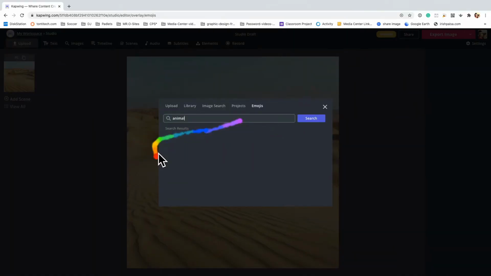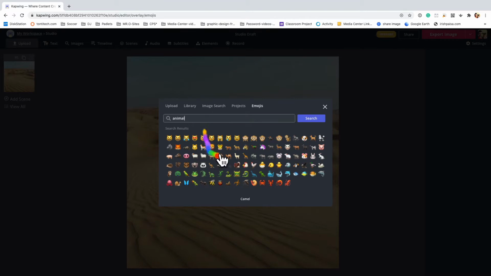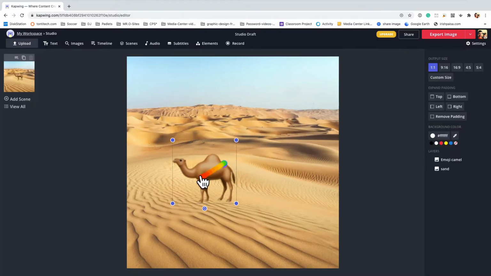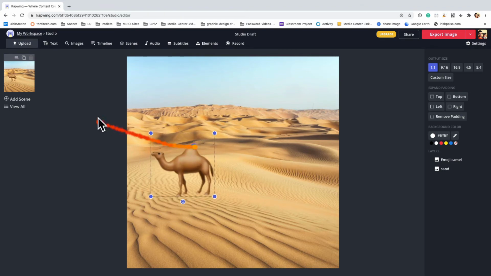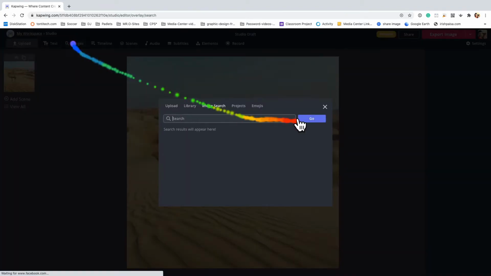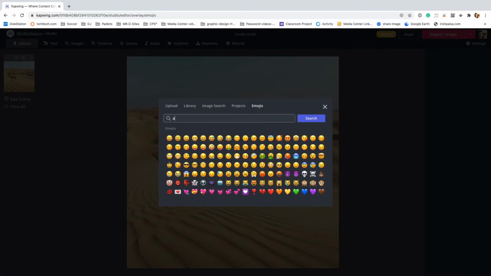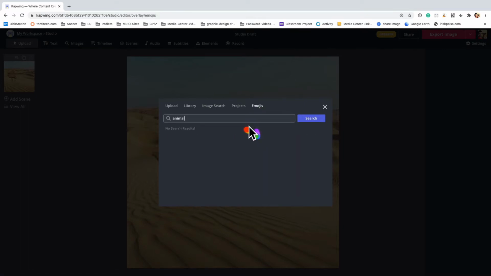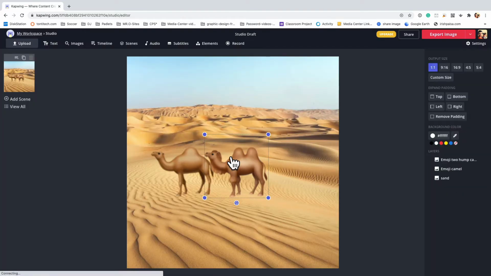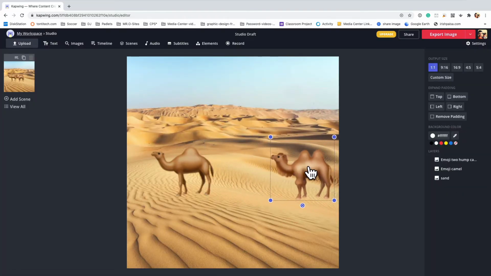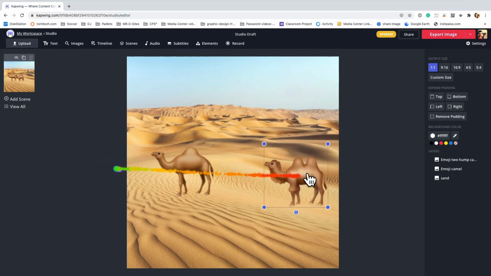I'm going to search for an animal in the emojis. Alrighty, let me get a one-hump camel. I'm going to go back into emojis and get another animal. Search, and I'm going to grab a two-hump camel. Boom. And the story is going to be where they're just walking across the desert and then they go and